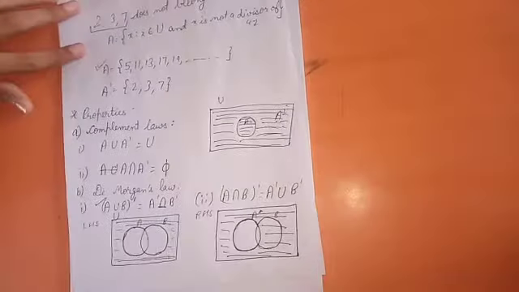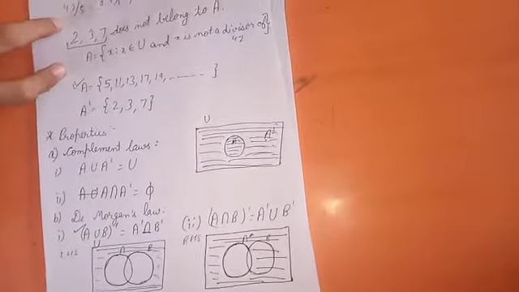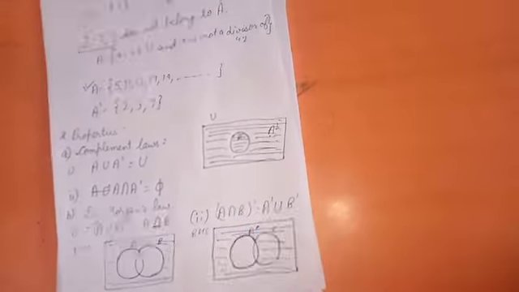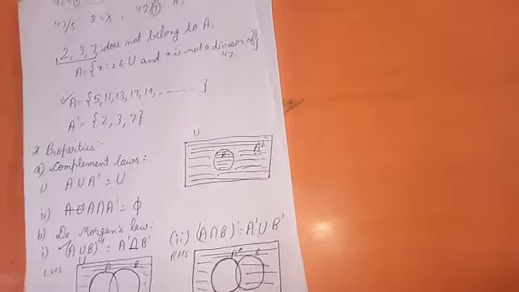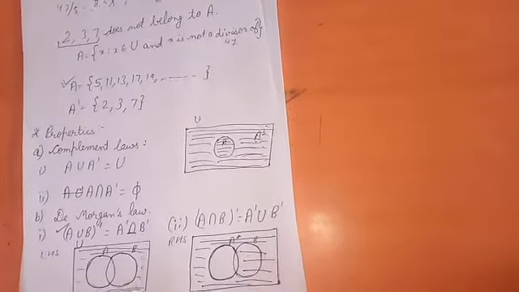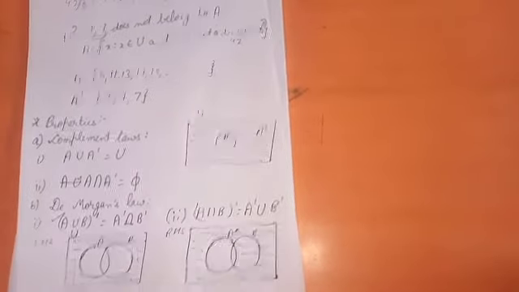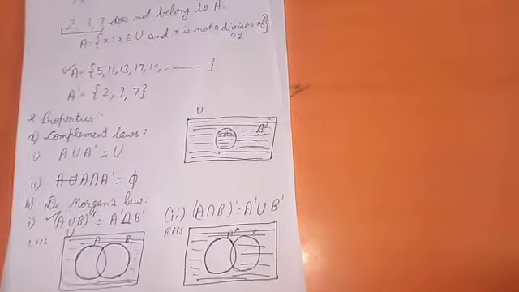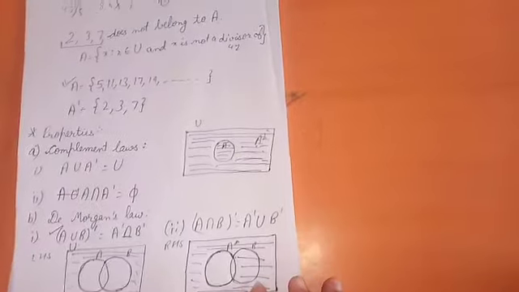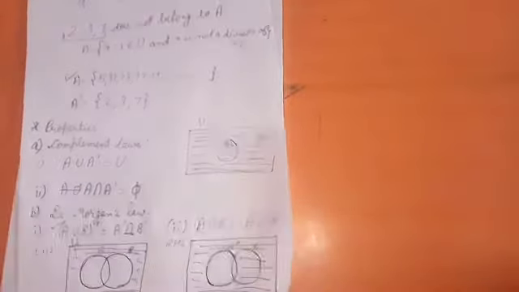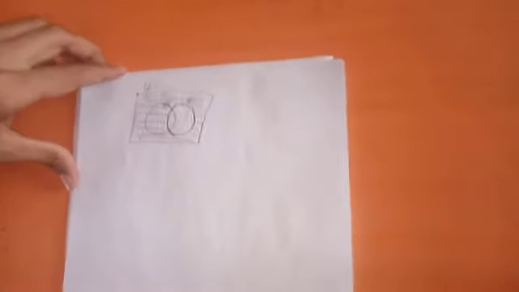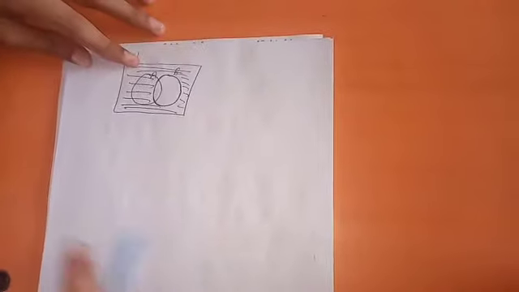And similarly, if you take this, then we can easily understand it using Venn diagrams. So you yourself have to make these Venn diagrams and understand, so that this will be clear to you on your own. Okay. Now other properties are,